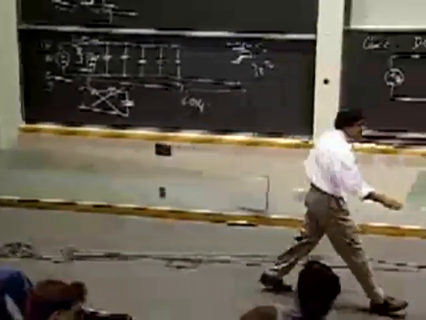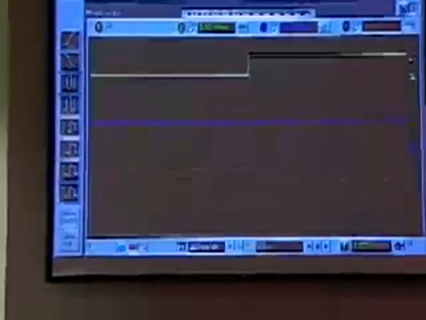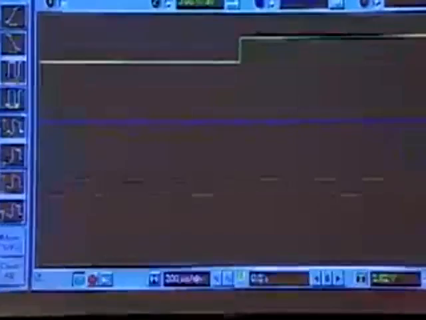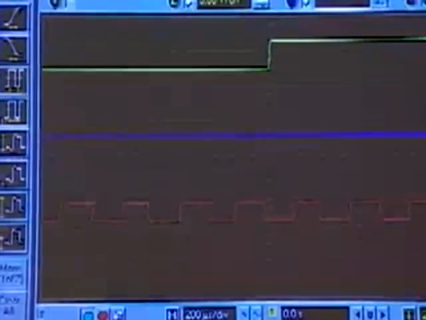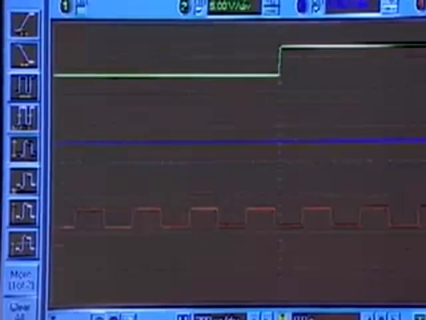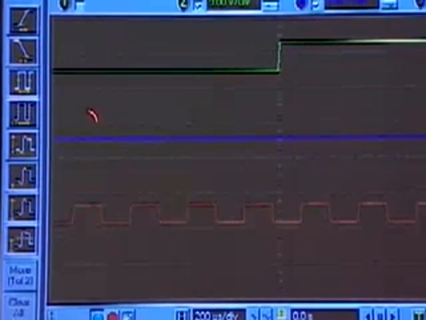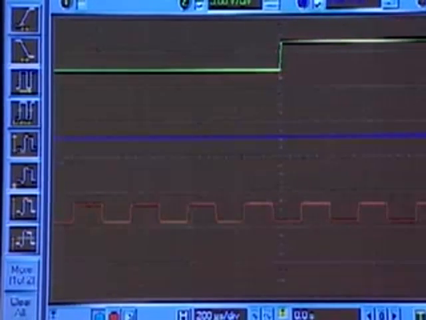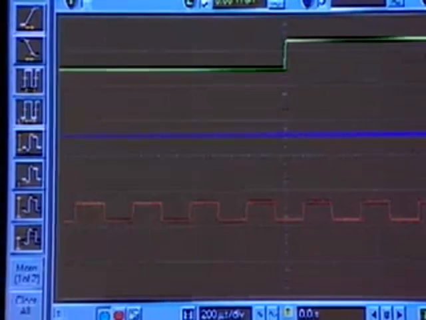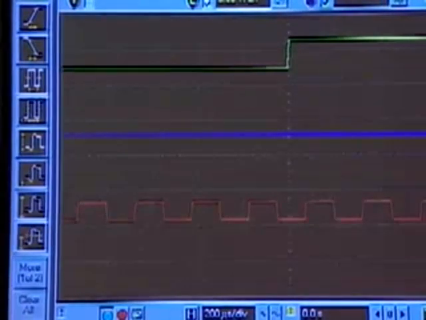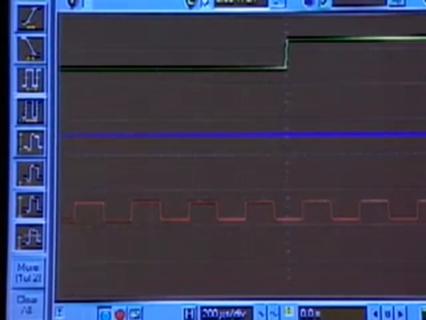So what you have here, this input here is the input that I'm feeding to this inverter. That is a straight line. Is that the power supply? Doesn't matter. Okay. So I believe, we'll check in a few minutes, but I suspect this is the power supply. And this guy here is the output, the look here part. So the green one is the look here part. Okay? So there must have been a 1 to 0 transition here, and that's all fine. So far, so good. Okay, no problem so far.